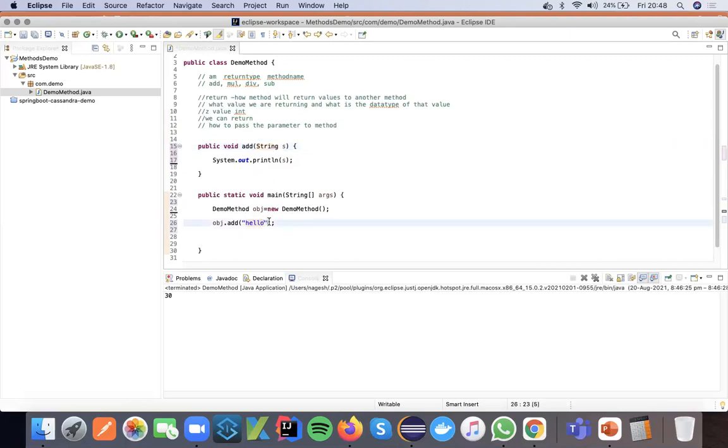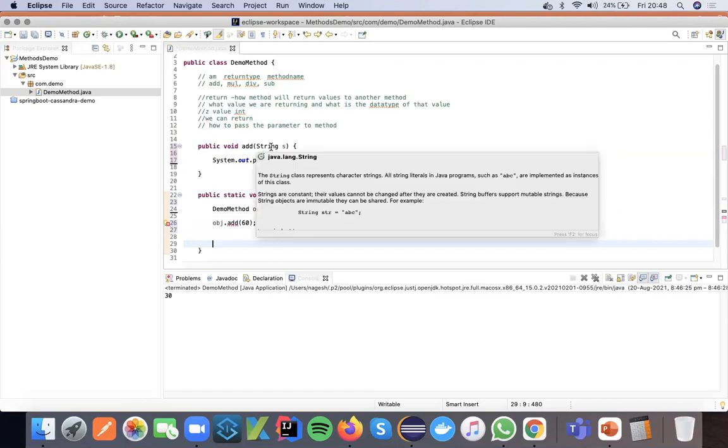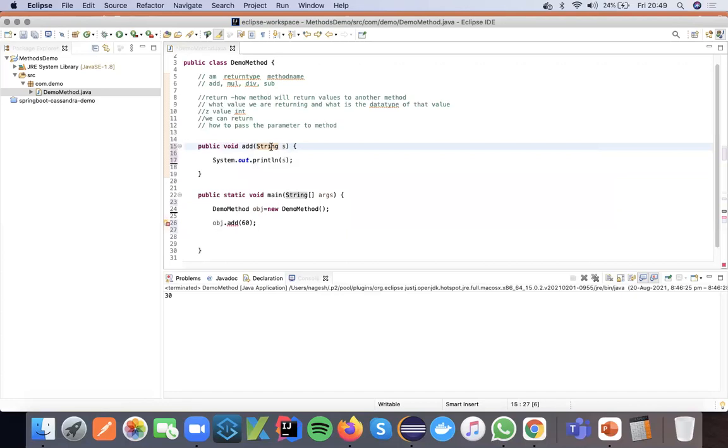If I send 10, it will not allow it because that method requires a string. If I write 60, you can see the error message, because this method requires a string. So first, this restricts me to send only strings. It will not allow integers.